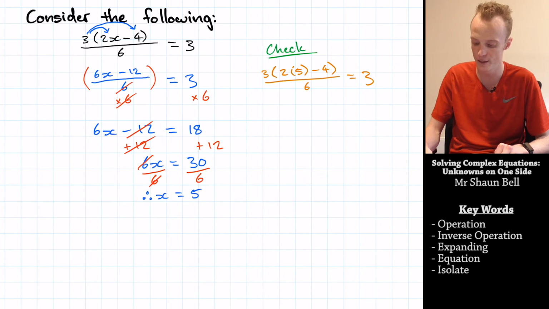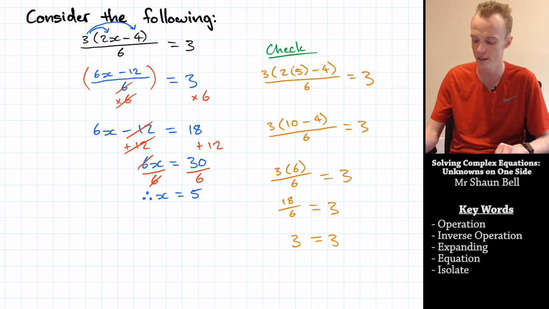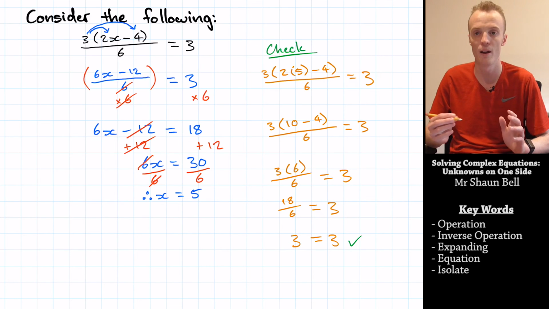When we solve inside the brackets, we've got 2 times 5, which is 10, subtract the 4 still, all divided by 6, which is equal to 3. Next, we do the 10 subtract 4, which is equal to 6, should all divide by 6 and equal 3. 3 times 6 is 18, divided by 6 still should equal 3. 18 divided by 6 does equal 3, so what we've found is we've got the right solution,